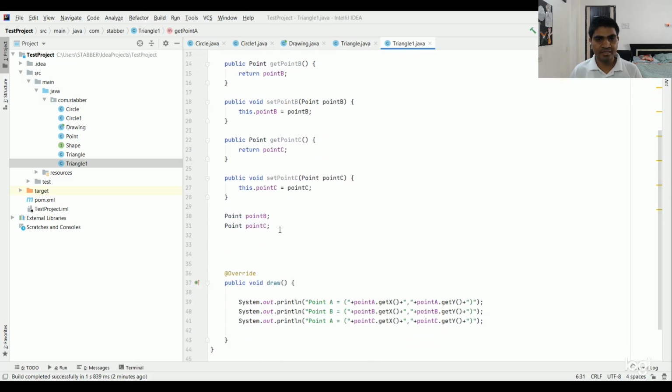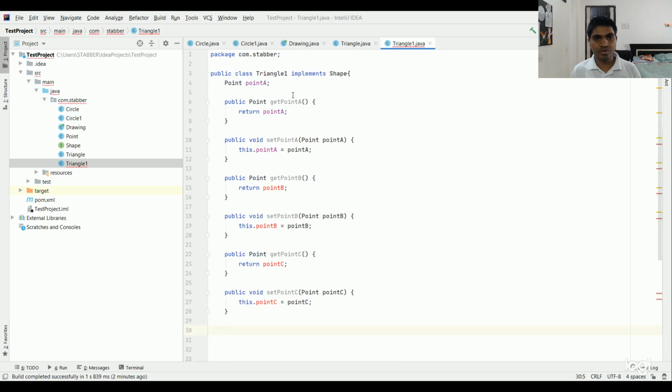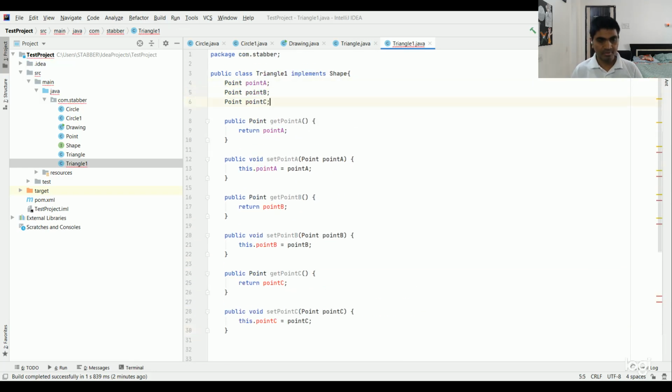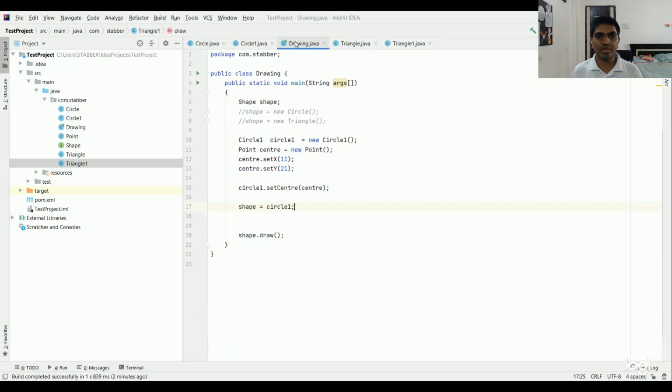Okay, and for better readability, let's copy these points at the top. All right, so we are ready with this Triangle1 class. We have 3 points, and getters and setters are ready, and then the draw method is ready. So let's go to the drawing class and comment this line. Okay, and instantiate Triangle1,